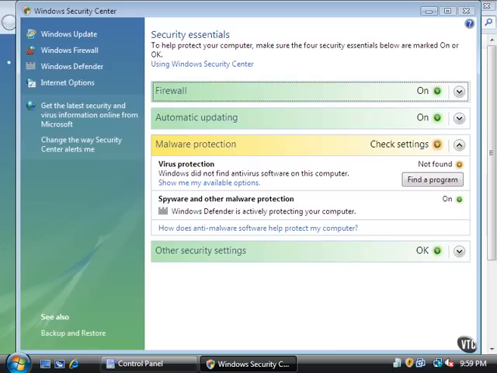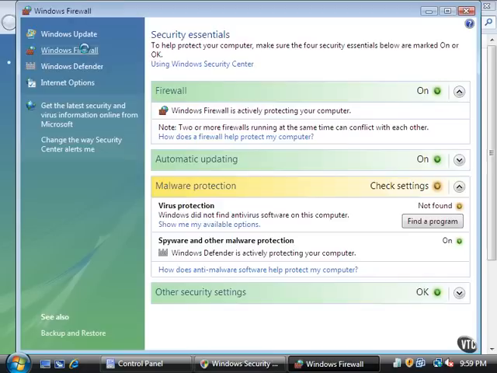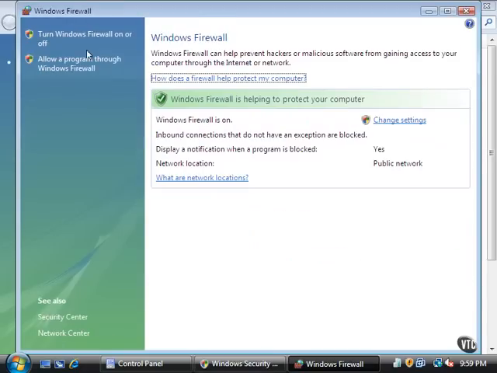Windows security settings. You can look at the status of Windows Firewall here and we can tell that it's on, but we can't really do any configuring from this point. This kind of gives you just some information on the quick status of it. If you want to configure it, come over here to the left-hand side and click this link right here. Now, there are other ways to configure Windows Firewall as well. There's also an applet in the control panel that you can use to configure Windows Firewall, and it gets you